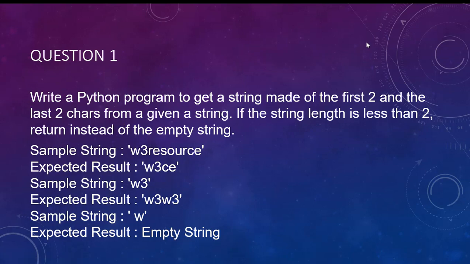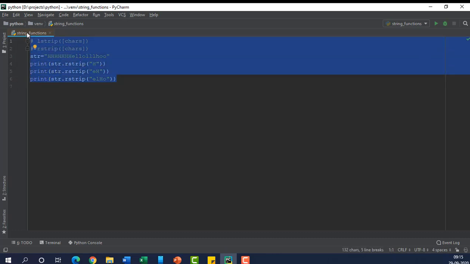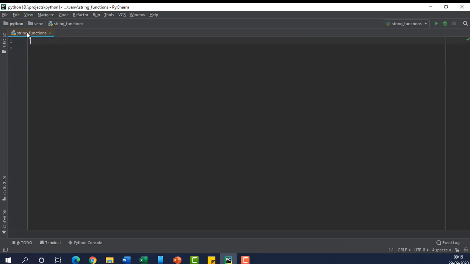Now let us move to our PyCharm so that we can perform this task. Okay, so here is my question number one. For example, we have a string, let's say, W3resource.